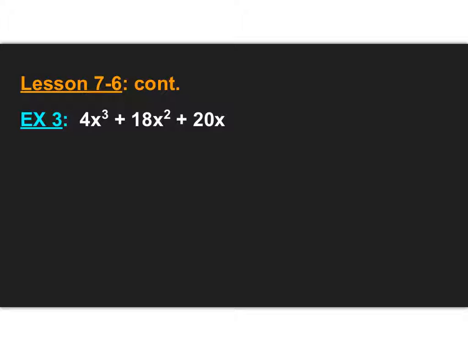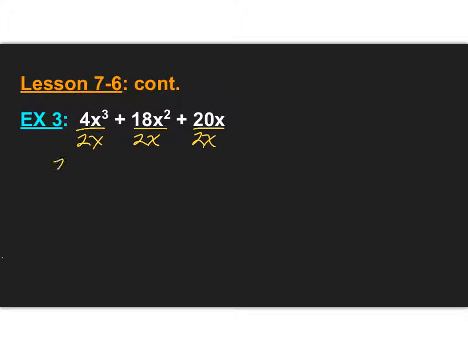For example 3, again, we're going to follow with the very first question, is there a greatest common factor? And as you look at the numbers 4, 18, and 20, 4 is the smallest, but although it divides into 20, it does not divide into 18. So the other number that divides into 4 would be 2, and fortunately 2 does divide into both of those. So your greatest common factor as far as your numbers are concerned would be 2. And when you look at your variables, they all have an x in common, and the most x's they have in common is this one because it's the smallest one. And so we're going to add an x here